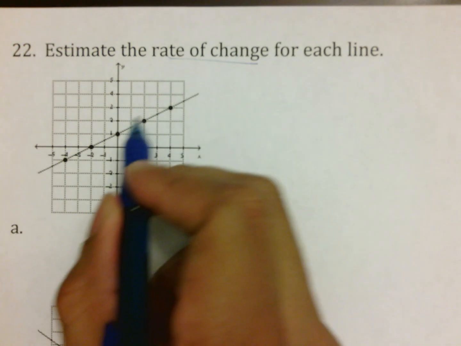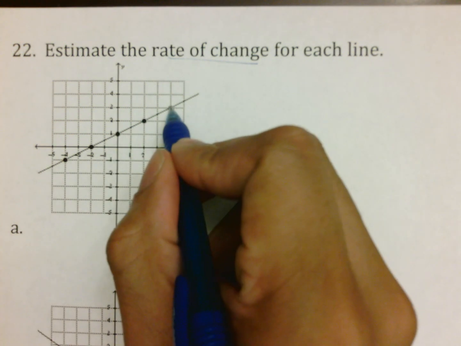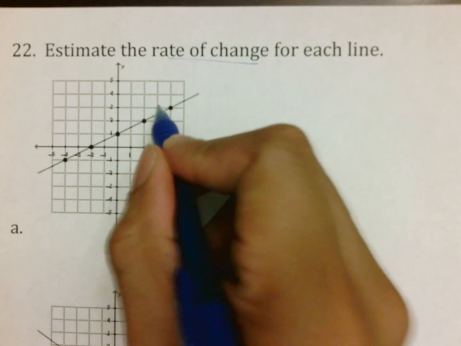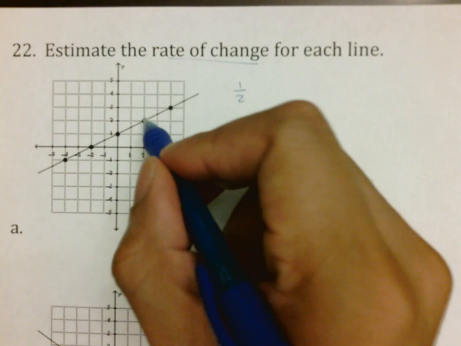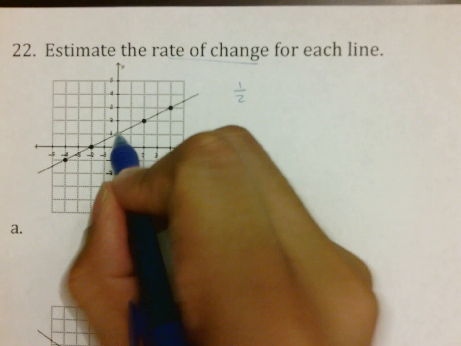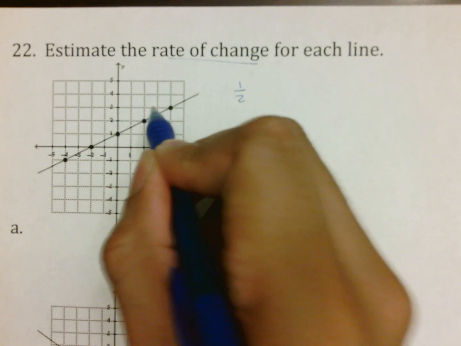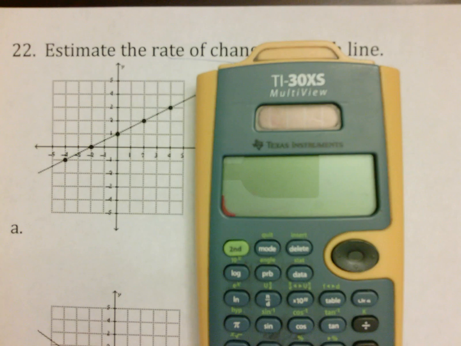The bottom line is make sure you start from a left point. I could use this point here as a start, that point as an end, and if I do that, notice I go up 1, which is a rise of 1, over 2. Don't write all this yet, by the way. If I started here and ended there, notice I would go up 1, 2 and go over 1, 2, 3, 4, which is 2 over 4. Again, don't write this yet because I just want to show you, but if you look at 2 over 4,